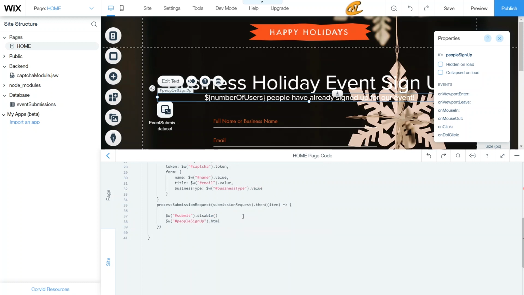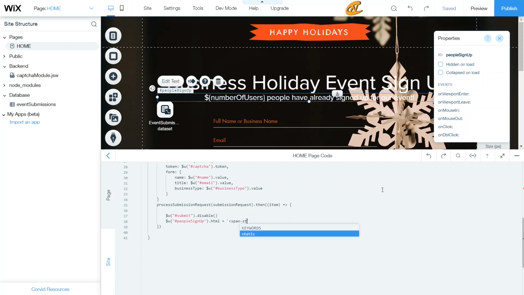If you don't know that much about HTML and how to actually create this HTML, then I highly suggest that you go over to Corporate Resources here and then go to Documentation or API Reference. If you go to API Reference, it actually gives you more of a cheat sheet so that you can know what to do with this HTML. So what I'm going to do here is change this HTML to span